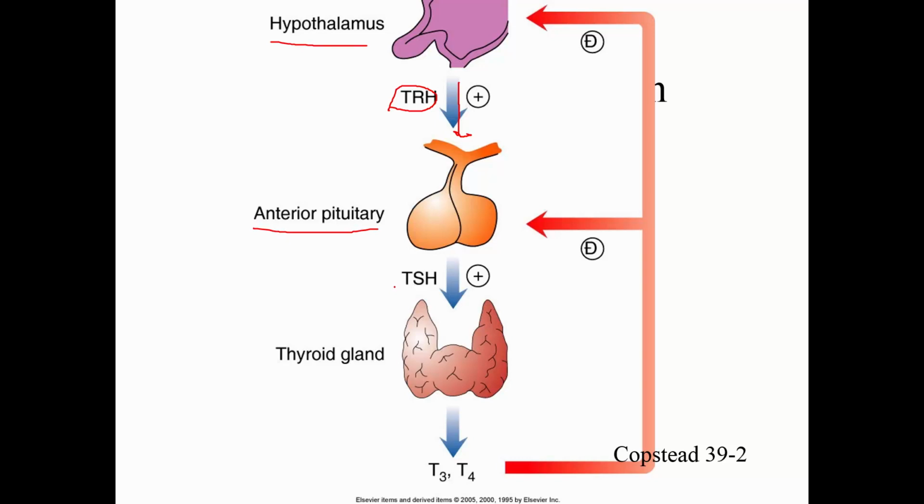The anterior pituitary makes a stimulating hormone, which goes into the venous blood, goes to the right heart, through the lungs, to the left heart, and then out to the systemic circulation where it will find its target. In this case, our target is a peripheral gland, in this case the thyroid gland, and the stimulating hormone causes the peripheral gland to produce the hormones that we think of as having a physiologic effect.